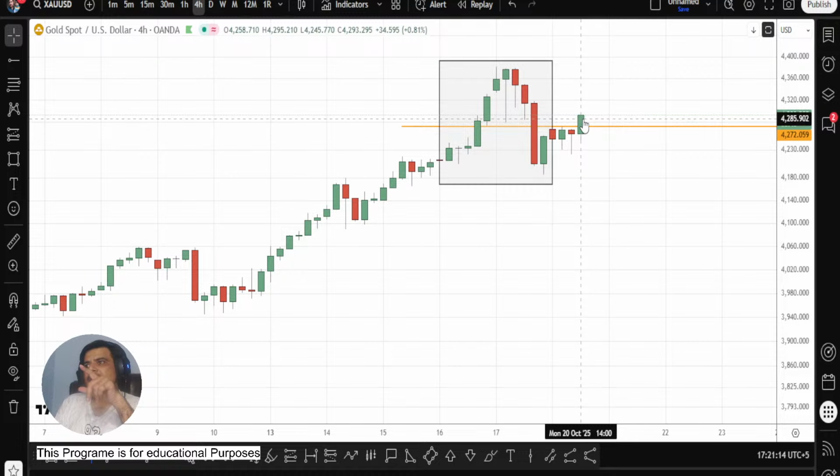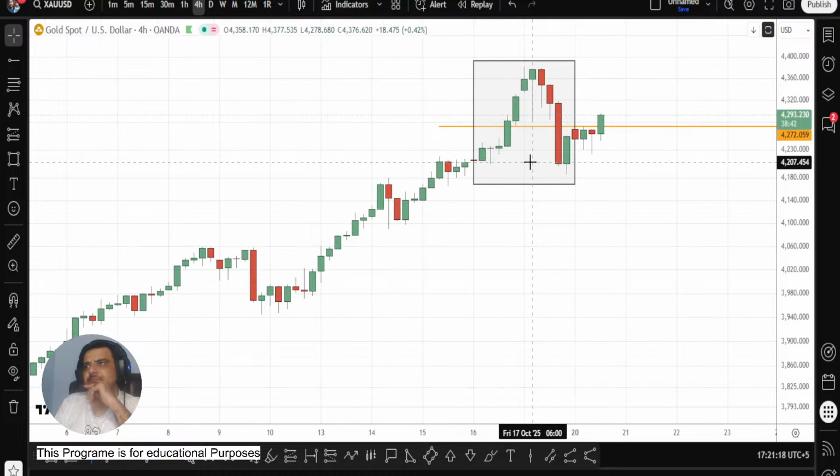This is not yet closed. And the previous one was bearish, but also not a very strong bearish candle, not at all a strong bearish candle. So what it tells us,